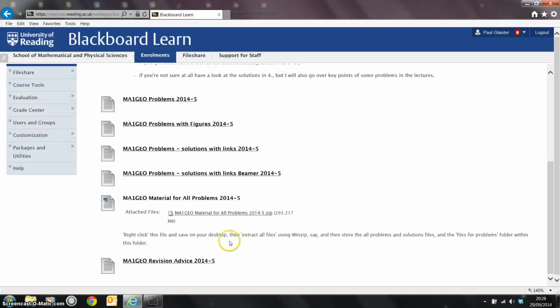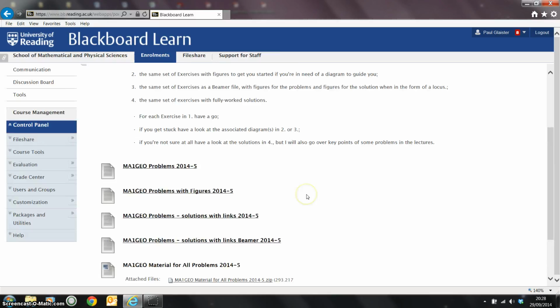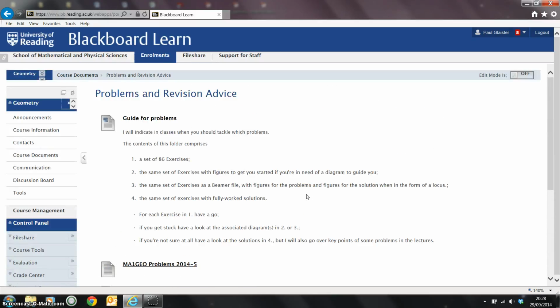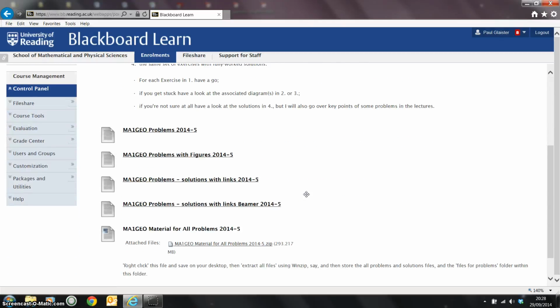The last one of which is a link to a PDF file describing what you should do to revise for the examination in the summer. That's a long way off, so I won't look at that now. Above this, you'll see at the top a guide for the individual problems and associated solutions and files which you can browse. The second item is just a PDF file of all the problems, and then associated with that are